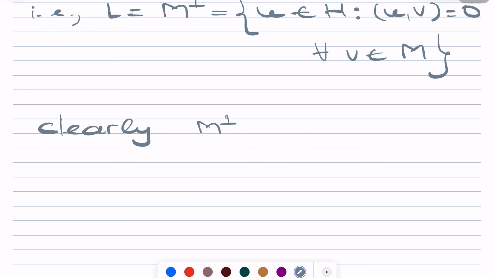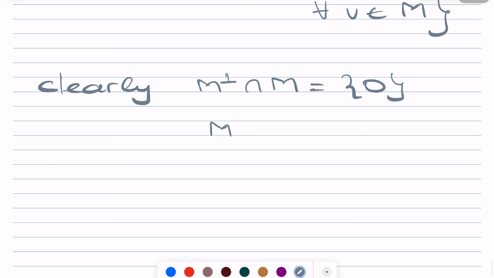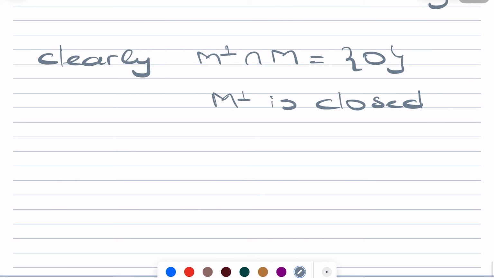Clearly this intersected with M is the empty set, right? I mean, not the empty set, the singleton 0, right? M orthogonal is closed, right? As I said, you can write M orthogonal as an arbitrary intersection of closed sets, right? And because M is closed,